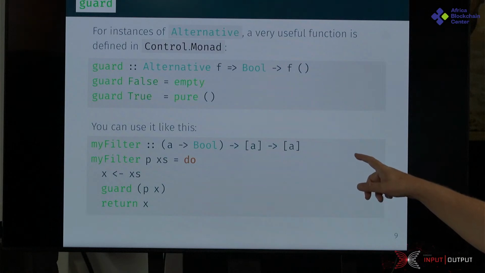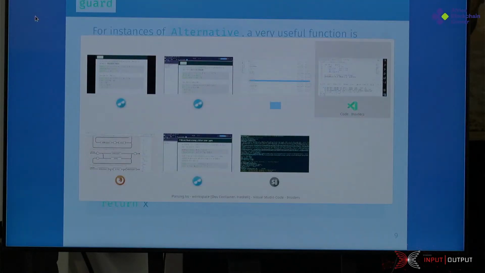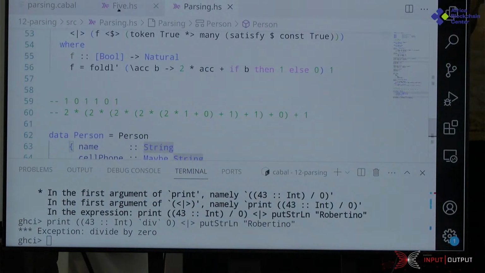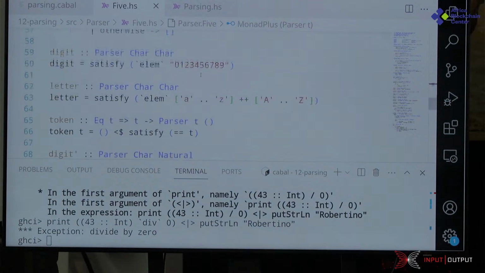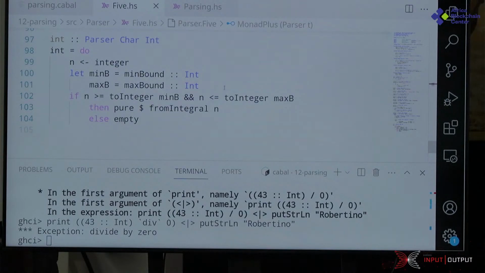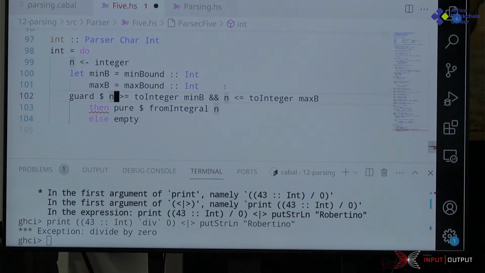Then with guard, you can basically stop execution. So to rewrite using this, to revisit my example with int, to go back here, int, I could rewrite that as follows: guard, it must be in these bounds, and then just continue with